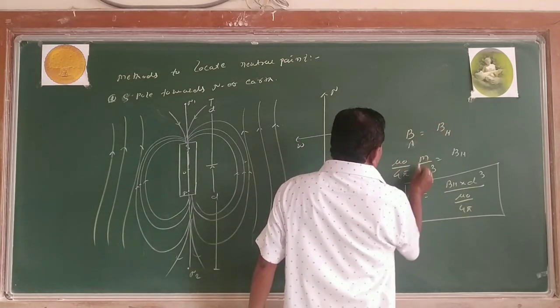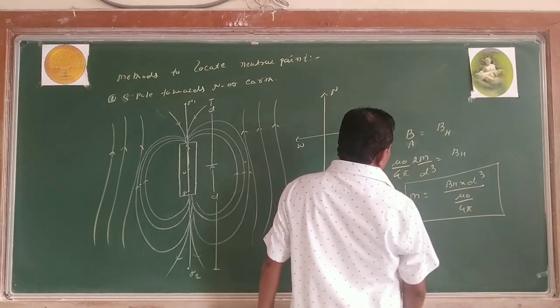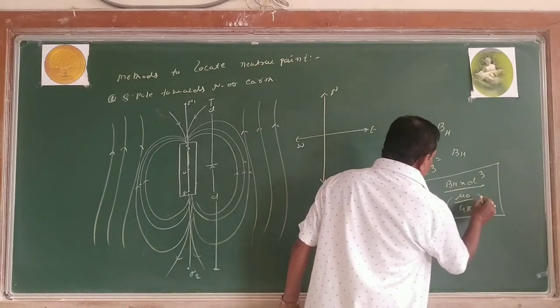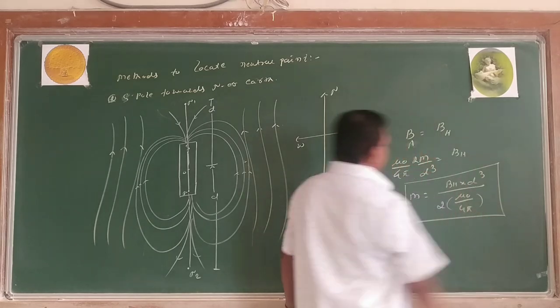2m, right? So multiplied by 2. Now this is our